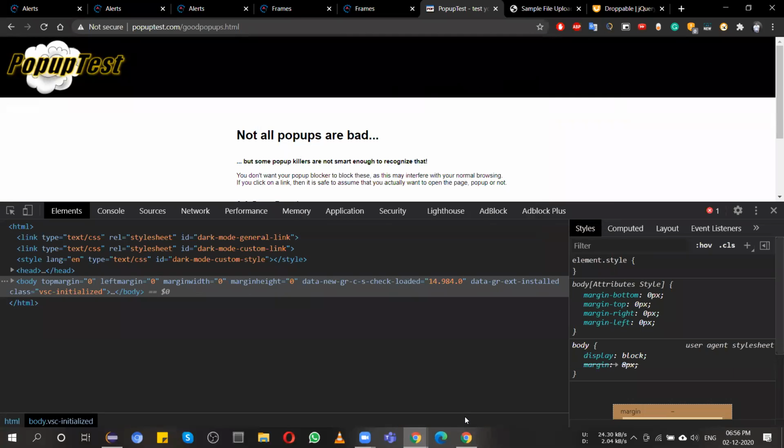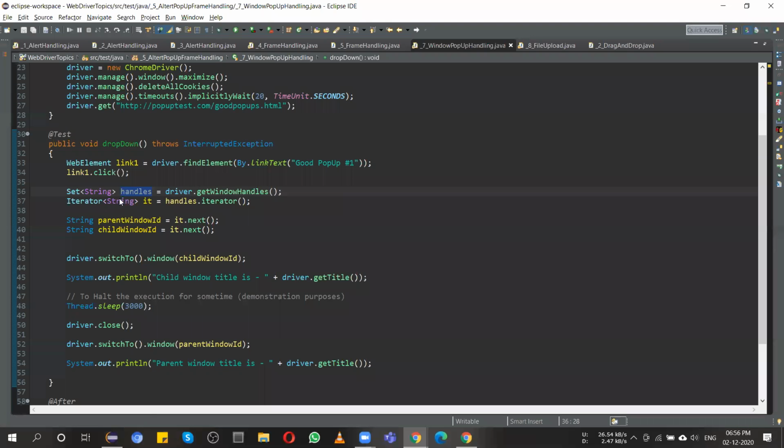Two. Yes, correct. So we are dealing with two HTML pages, so this set will store two different window IDs. Okay. And then for this, I'll first have to annotate once again how this iterator will work. So see, this is a set. Okay. And inside this set,